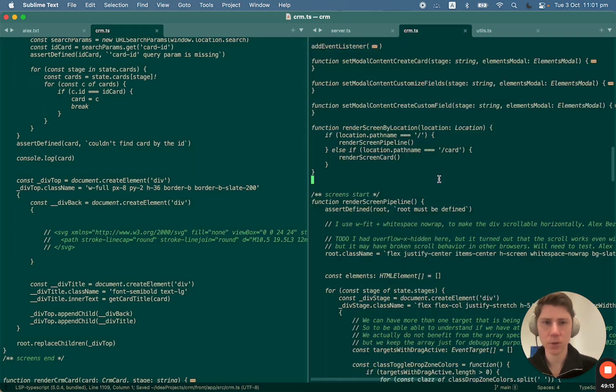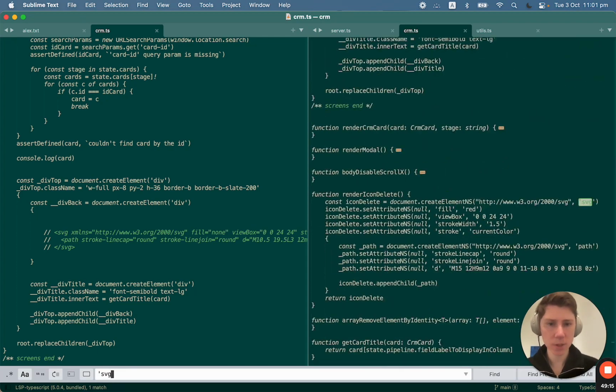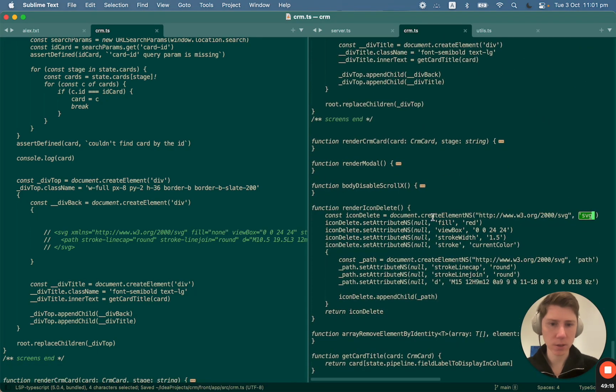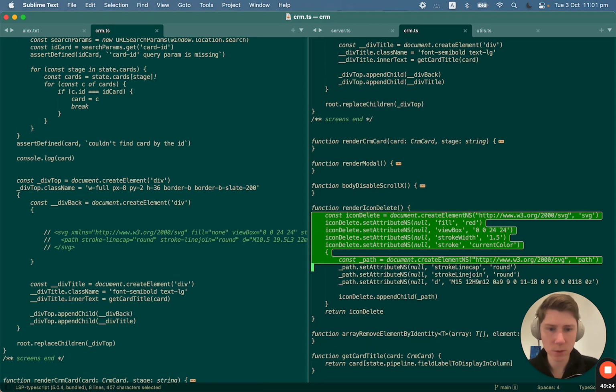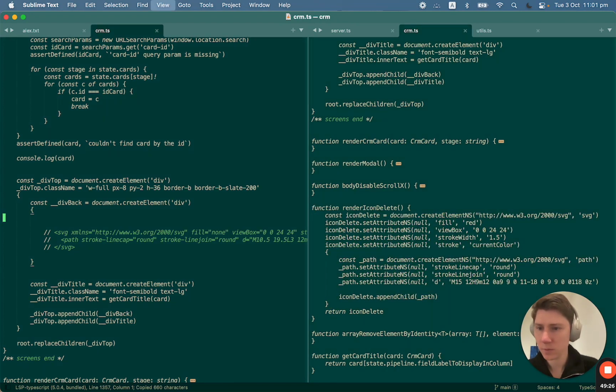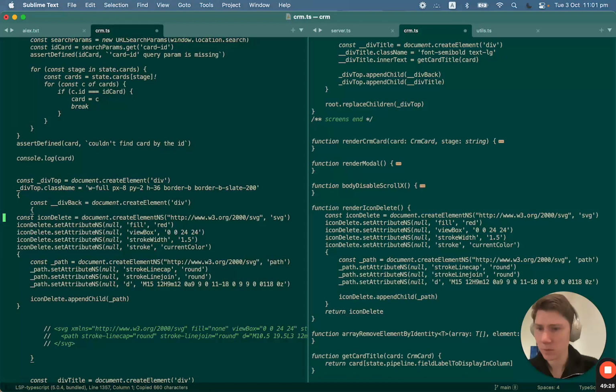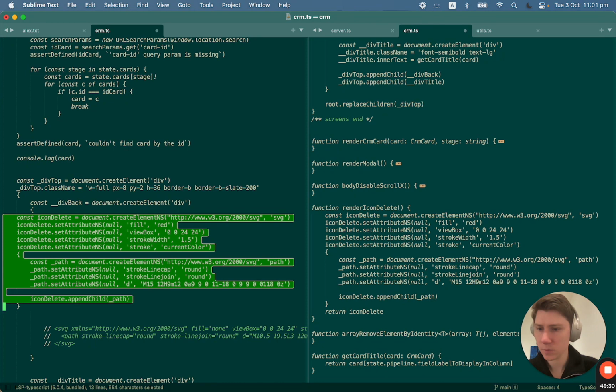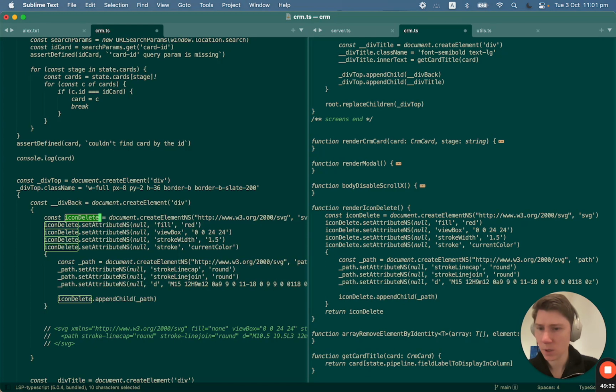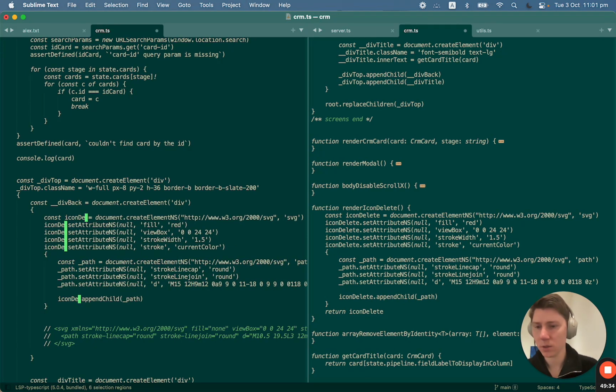Okay, so we can say that this is how we render icons, and we can just do the same stuff. So it will be icon, arrow, left,